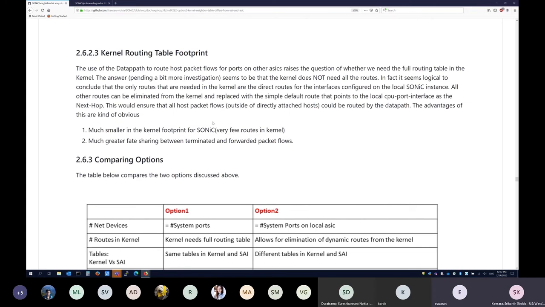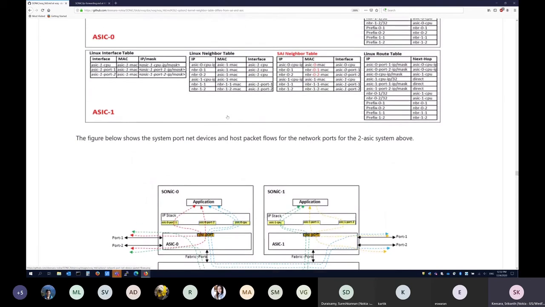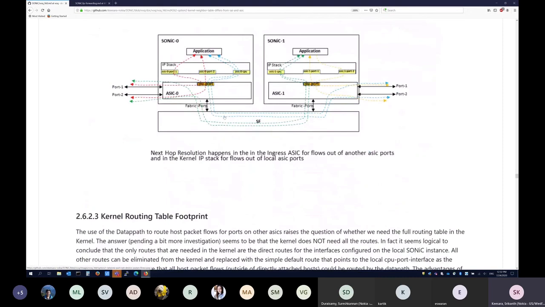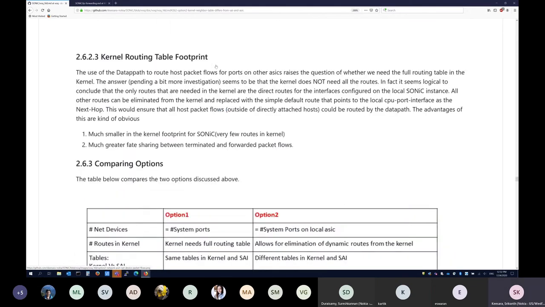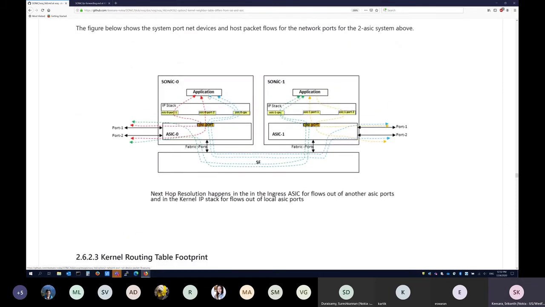So how does transmission work from the kernel into this special port? From a kernel point of view, I think that picture isn't shown here, but let me use an existing picture to talk about it. From a kernel point of view, the packet goes into this special net device, right? But when it goes into the ASIC,